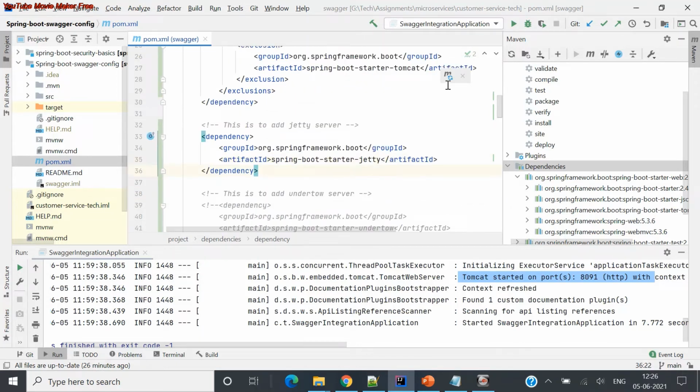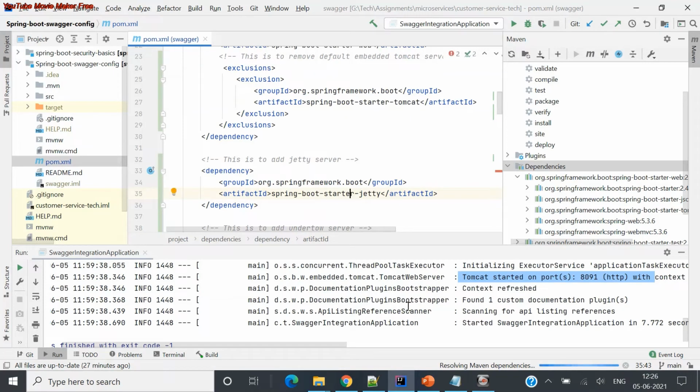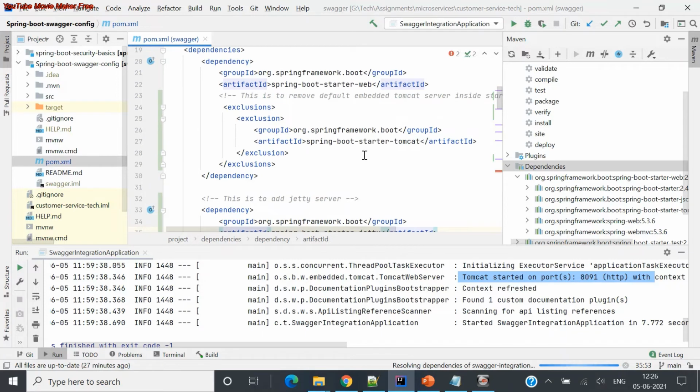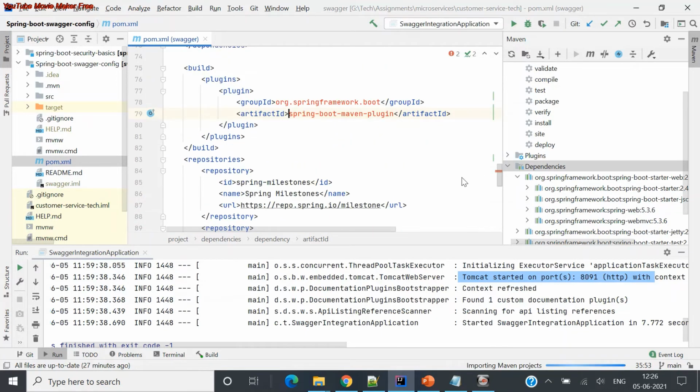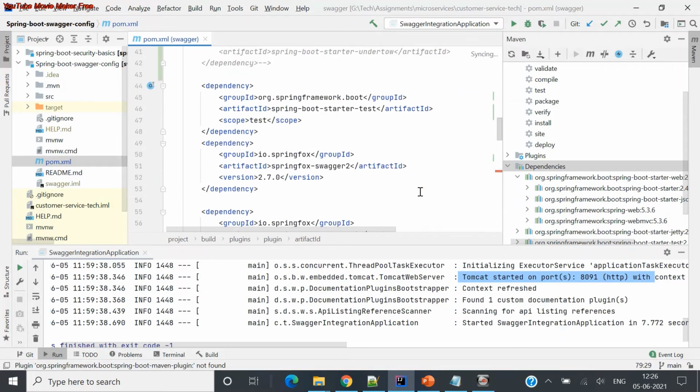So what I did, I just added it here. You can see the Jetty dependency which I have added. It will just load in a few seconds. I'm refreshing my Maven dependencies so that it will reflect the latest version. So let us update the Maven dependencies, resolving all those things. I see some errors here. Okay, so these are the dependencies. I just reconfigured it.